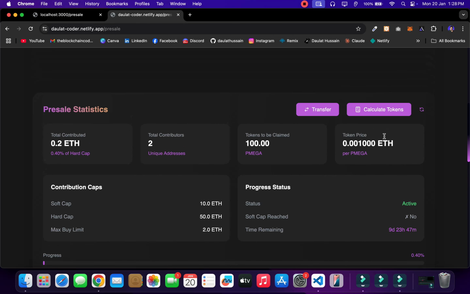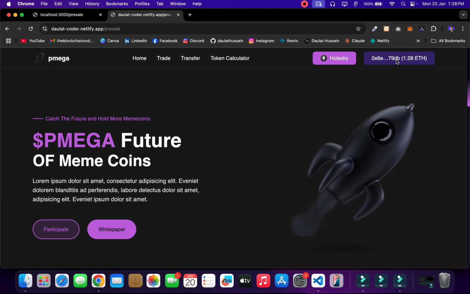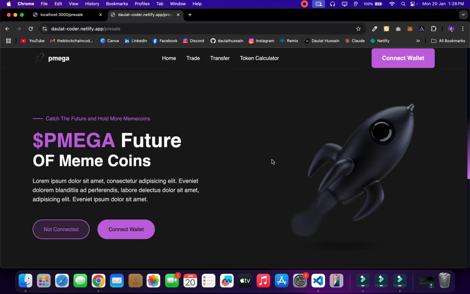Every single thing is looking good. I can easily connect from my mobile device. So I'll simply close this one. I can click on this